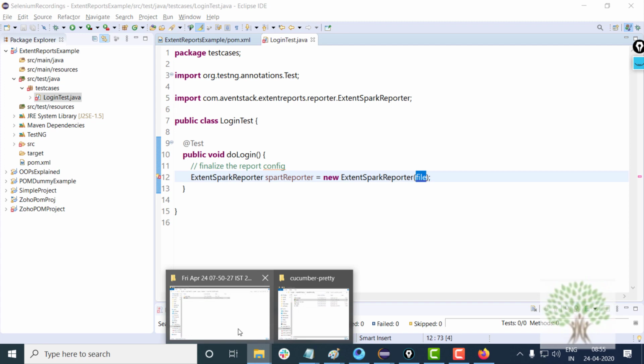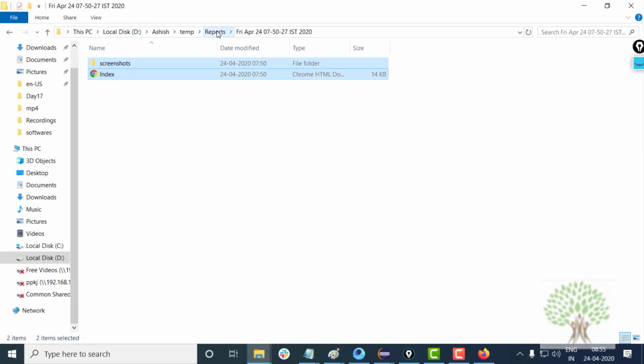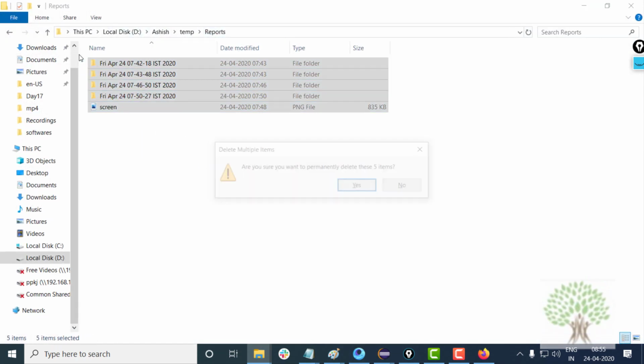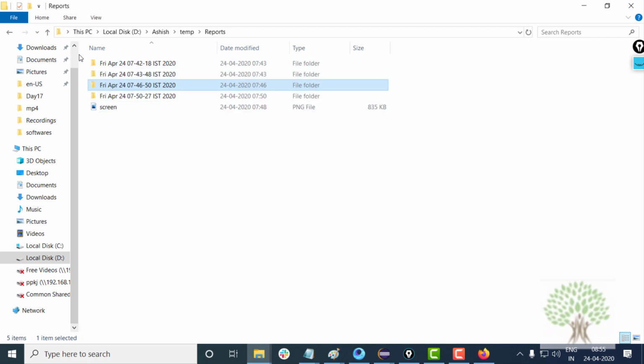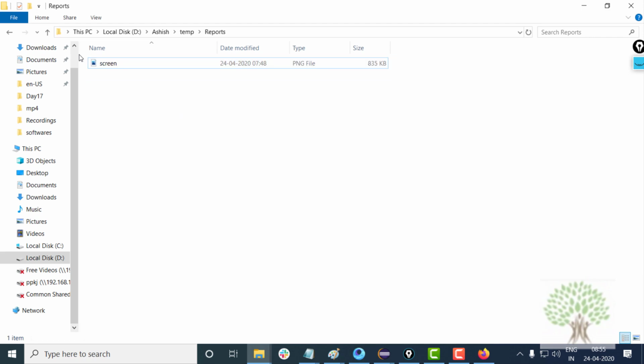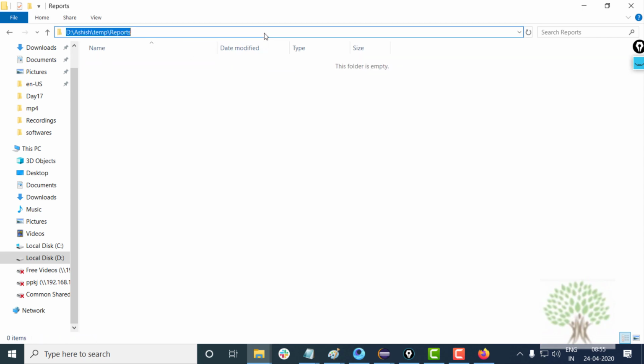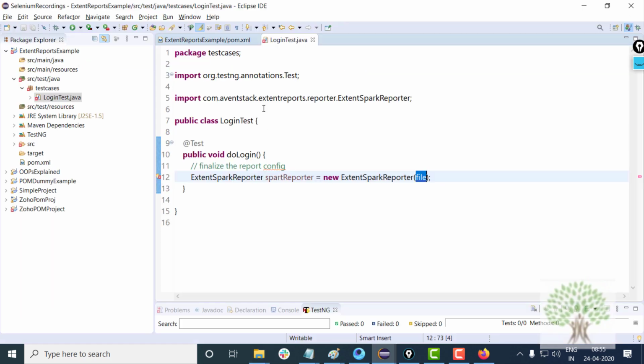I will be generating the reports under this folder. Let me delete everything. Under this folder I will be generating the reports. So I will just write over here this folder.